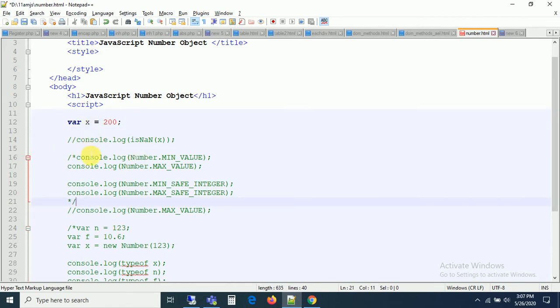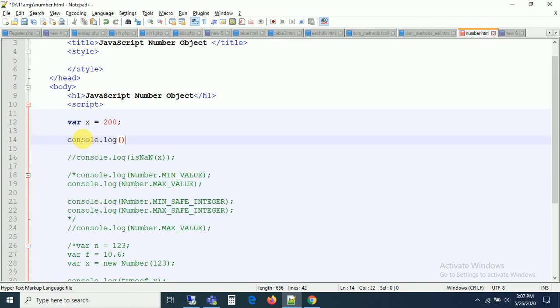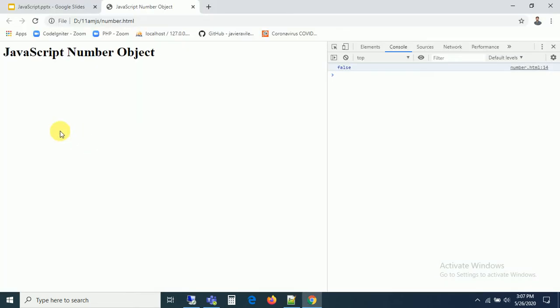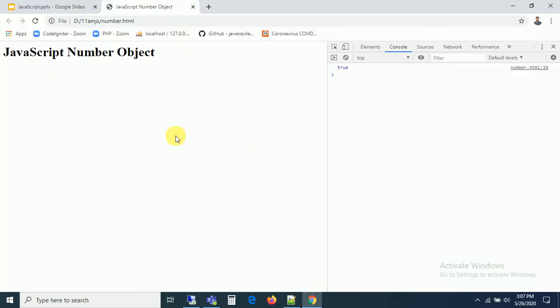The next method here is the isFinite method. Let us check the same here. So console.log isFinite, is it a finite number or not? What is a finite number? Just wait and see, you will understand exactly. Definitely I think it is going to be true, because 100 is a finite number. Now you are getting true. Okay, let me write this as 100 by 200, something like this. Can you see this is a finite number? We are getting true properly.